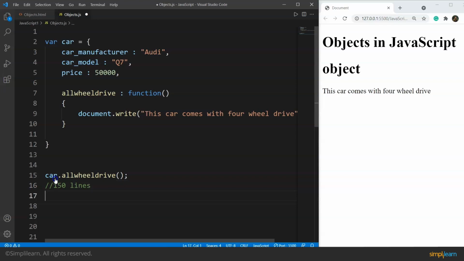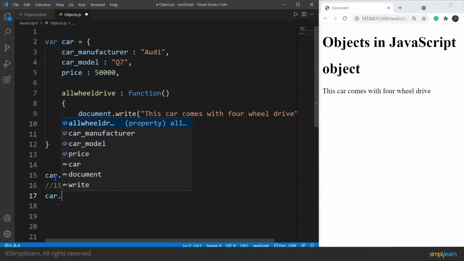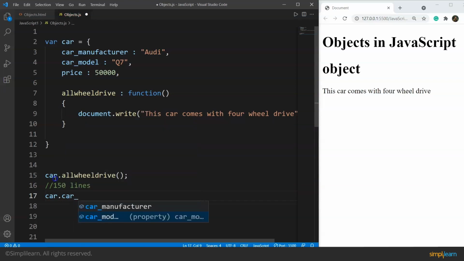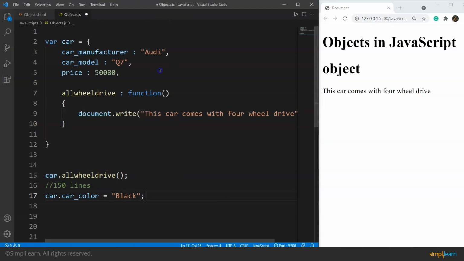The syntax for that goes like this. We'll write the object name with the property name along with the dot operator. So we'll write one more property. Let's say we are using carColor, and the value of this property will be, let's say, black. What this line will do is add one more property inside this existing car object.